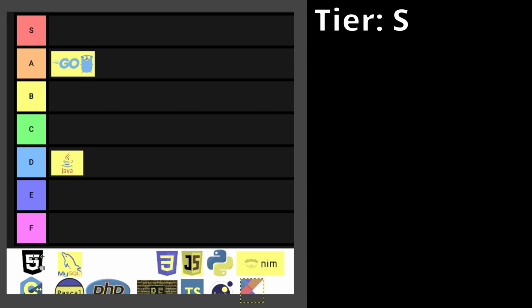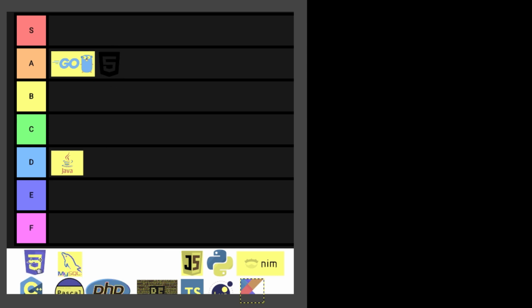HTML is also incredibly popular because it is the backbone of all websites. There are billions of websites out there, so it's safe to say that it is incredibly popular. I don't like or dislike HTML, but it does suck that it's mainly used for websites and doesn't really get used outside of that. So creating software is basically useless unless you want to use Electron or something similar to that if you wanted to use HTML. And we'll put it in an A tier, right here. You can't really see that, but it's an A tier.